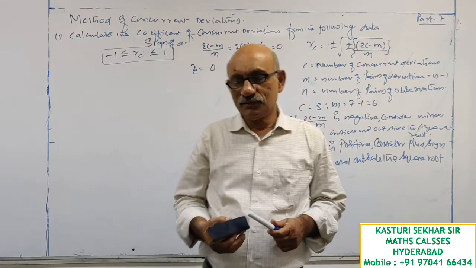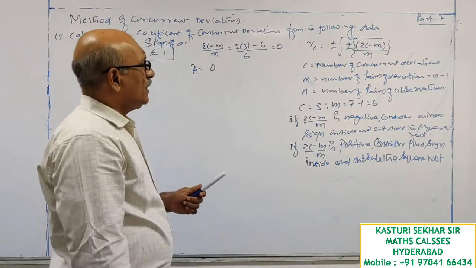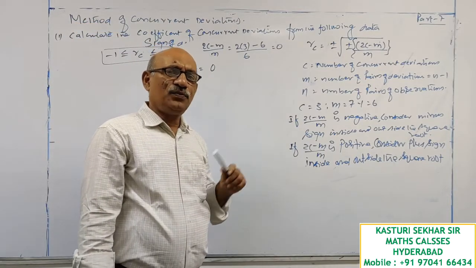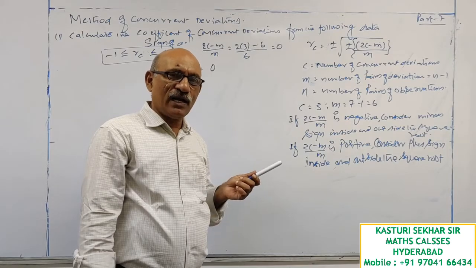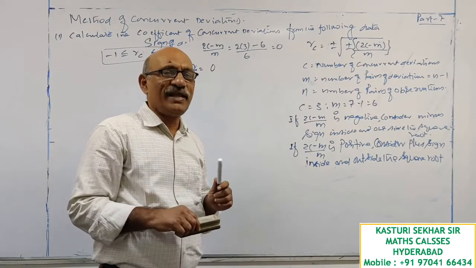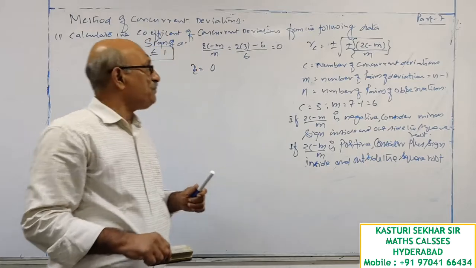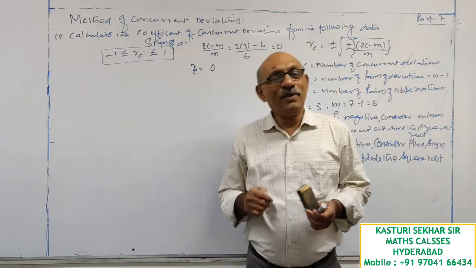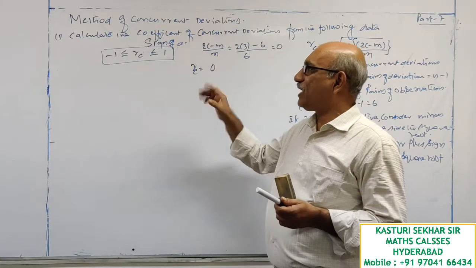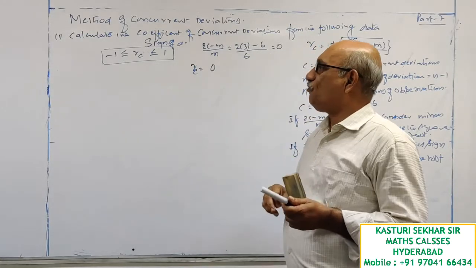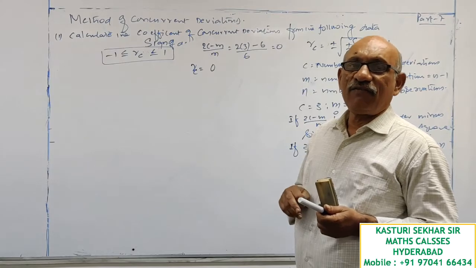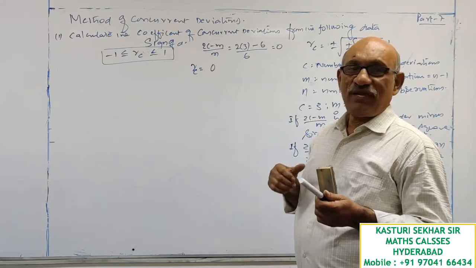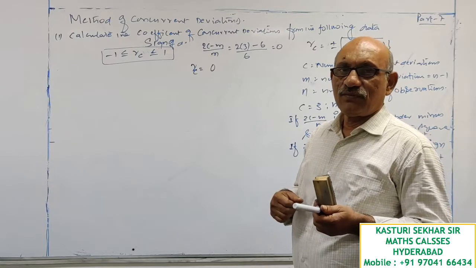Okay. Now this is a descriptive mode question, and this problem, as I told you earlier also, I considered only to explain the concept. Let's see the definition one more time. The method of concurrent deviations is a casual approach to find out the nature and extent of relationship between two variables. This method is based on the sign of deviations.